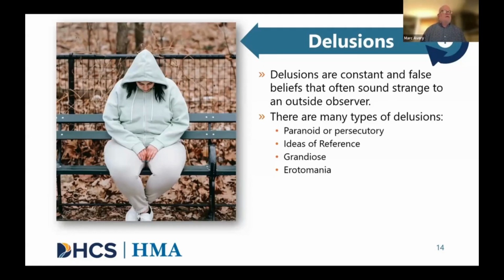But people could also have delusions referred to as ideas of reference, that are environmental signs or media messages that are communicating some sort of message to the person. For instance, the idea that the television is talking about them personally. Grandiose delusions are the belief when someone has an expanded sense of self, an expanded sense of their power, their wealth, or their importance. And there's a type of delusion referred to as erotomania. That's the false belief that somebody, usually of importance, is in love with them.